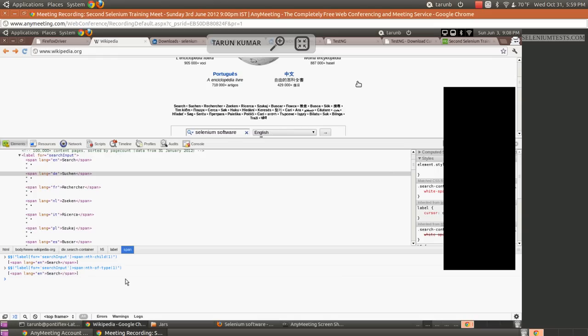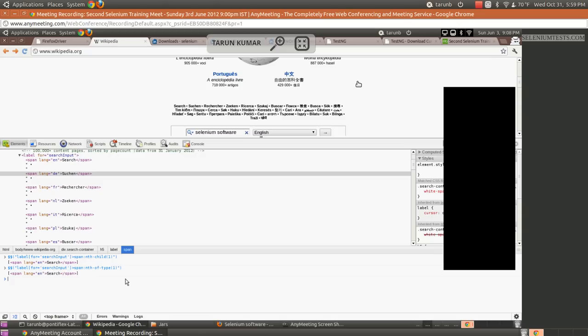So when you say nth of type 1, in this case, consider your first child element is tr and the second is a span. Though here everything is a span, for the time being, let's assume the first child is tr and the second child is span. In that case, span nth child 1 will not work because it would expect the first child to be span. But if you write nth of type 1, it will work because it will pick up whichever child is the first span. It will not take into consideration whether it appears in the first instance, second instance or third instance. It could be anywhere, but it should be the first instance of that span.